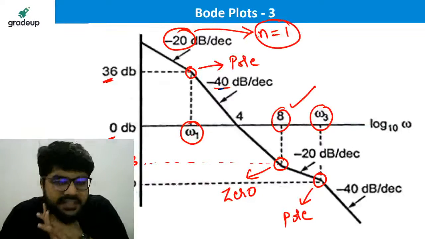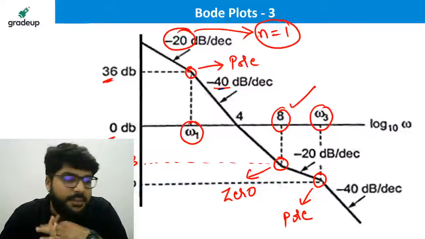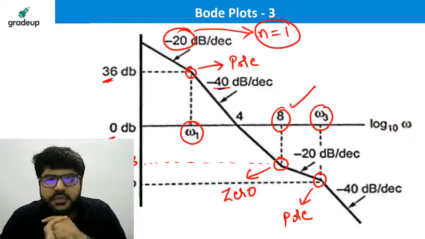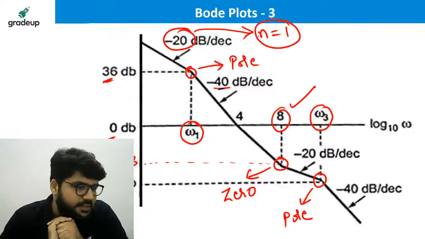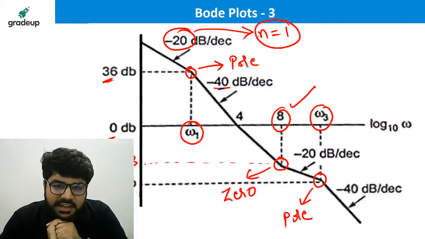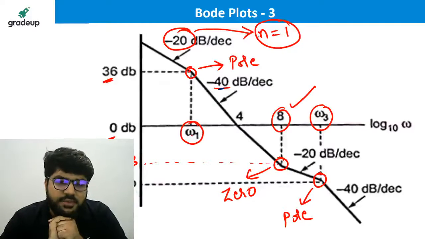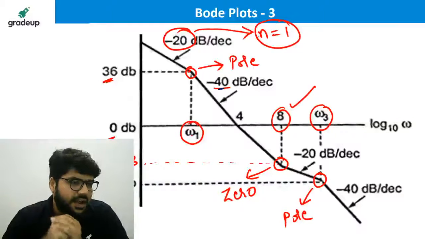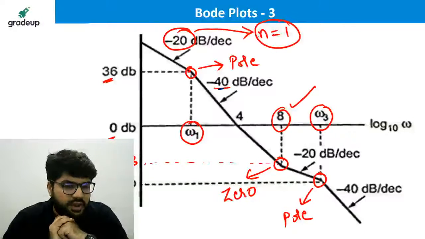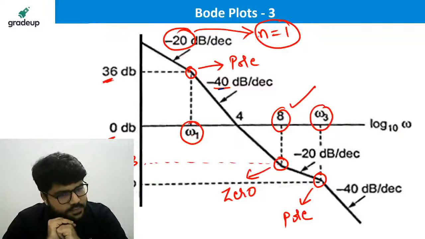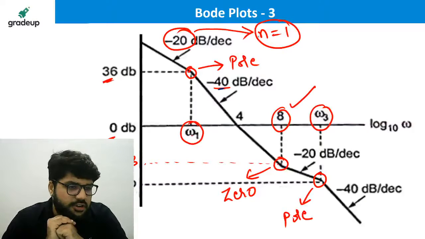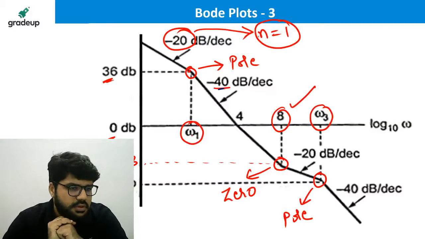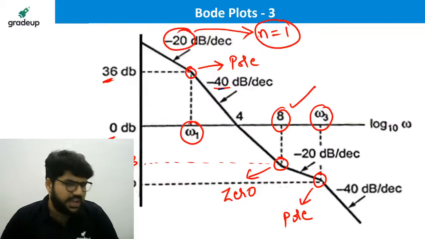Amit, just requesting you, that day also you were commenting about some MATLAB, but I have not received any images from you. I told you in the next class that the polar plot we sketched was absolutely correct. If you are having any deviations, please share it. If there is some mistake, you need to see where the mistake is. So I told you to share the screenshot of that. Have you tagged me? I don't think I have received it.